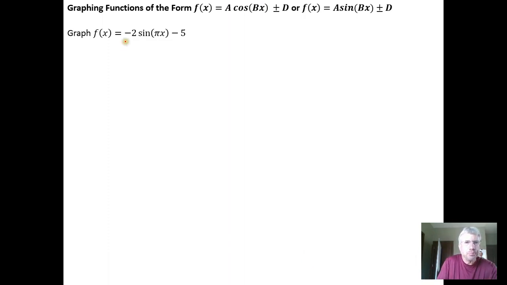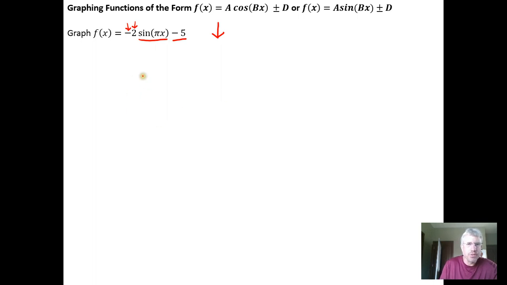Here we have -2 sine pi x minus 5. So this minus 5 is going to take the graph of the sine function and translate it 5 units downwards. We also want to notice that the amplitude is 2, and there's a negation on the amplitude, so we're going to get a reflection of the sine function over the x-axis, or in this case we could even say over